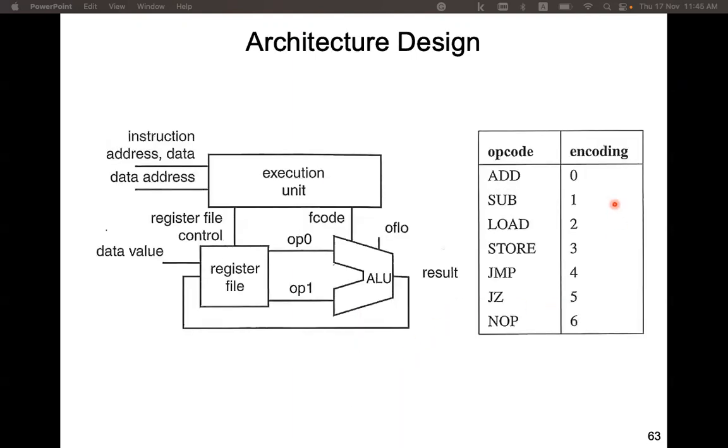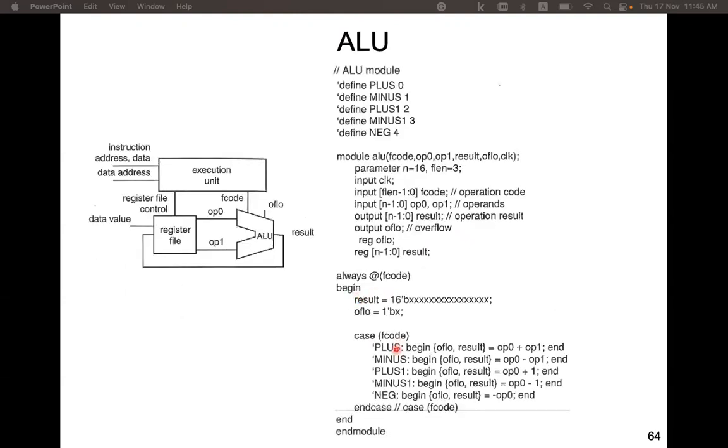Although we have 7 operations, in this data path only the add and subtraction are handled by this ALU. Other operations like load, store, and jump do not need to go through the ALU. So only add and subtraction are involved in the ALU. But here we implement a few more